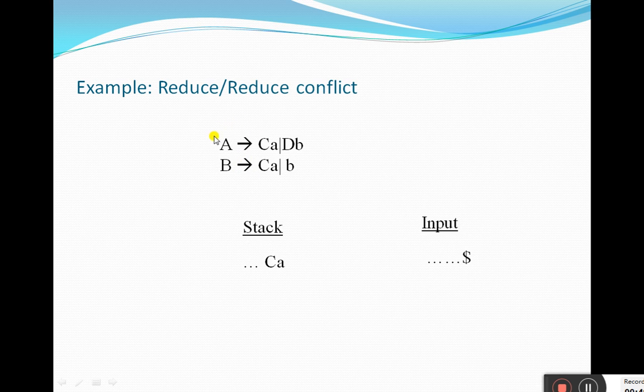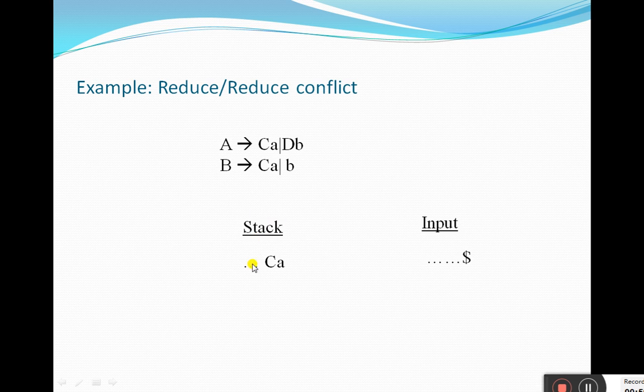So this is in fact a grammar not suitable for a top-down parser because we expect all the bodies in the grammar to be unique. The grammar should have unique bodies. So in case you come across this kind of grammar with identical bodies with different heads, there will be a possibility of reduce conflict. Reduce means whether reduction is to be done using this or using that.